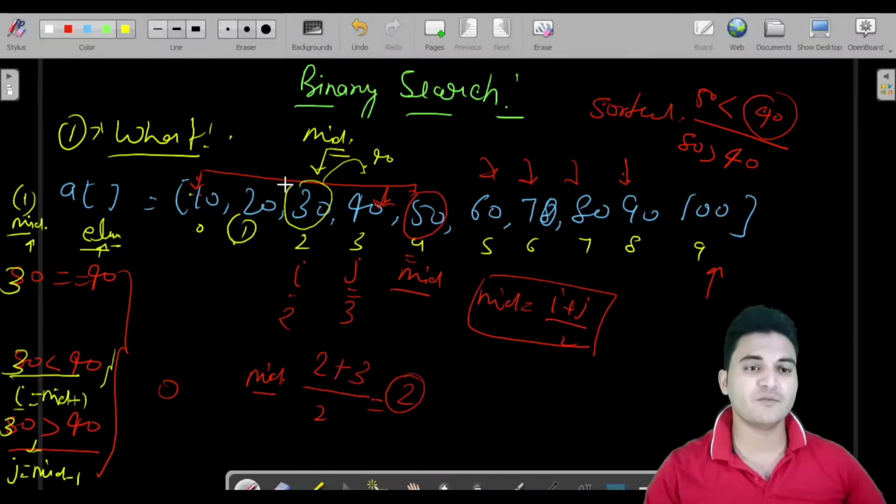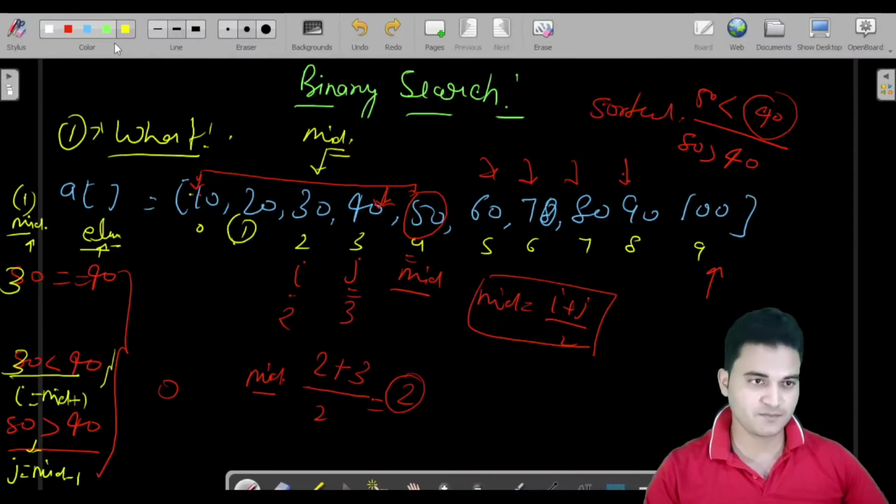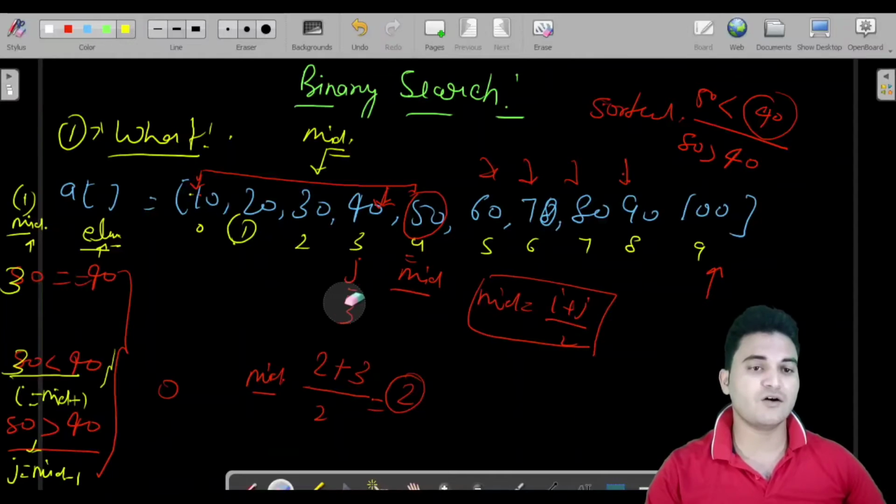Then how can it be possible? The elements from here to the left will be lesser, because the array is already sorted. So your I would be pointing to here. Now you are already having j at 3. Now I is also at 3 and the value of I is 3. Now again you will calculate mid.